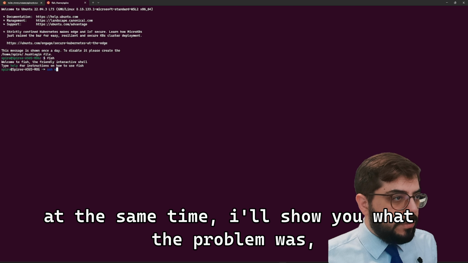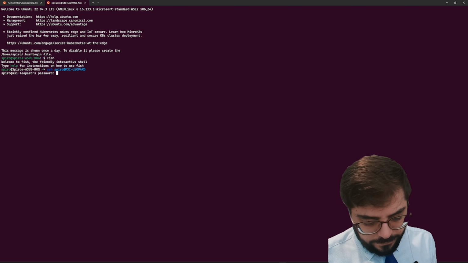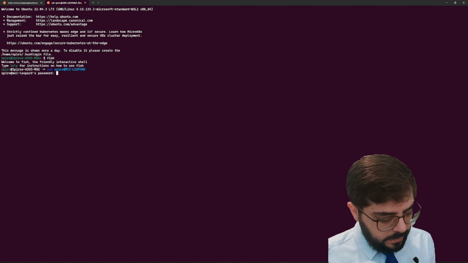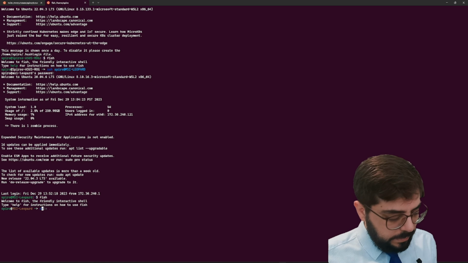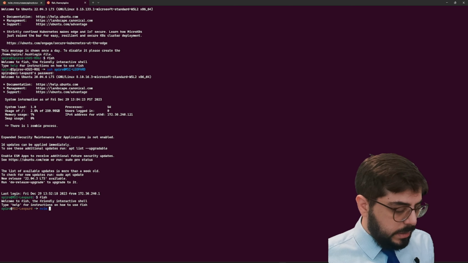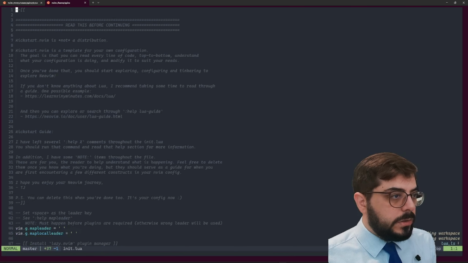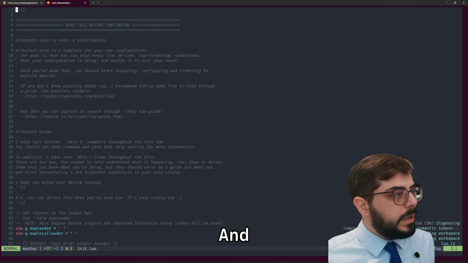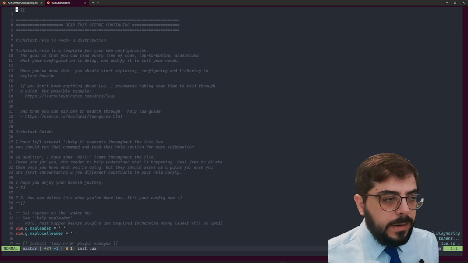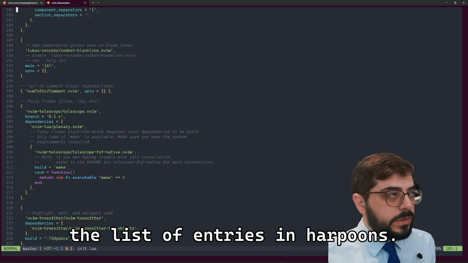I'll show you what the problem was before. So if anybody's interested and they're using neovim with the Kickstart, this is what I have. So I have neovim with Kickstart and Vim. And what I was having trouble with is that certain files would not get added to the list of entries in